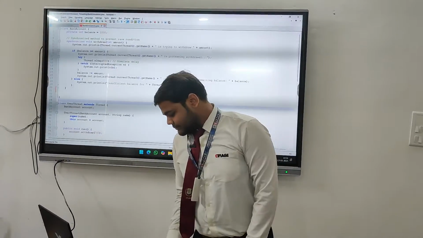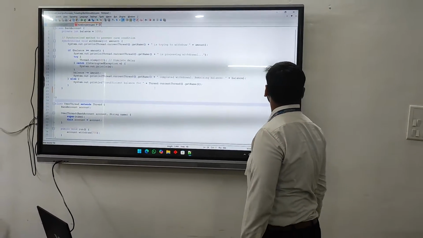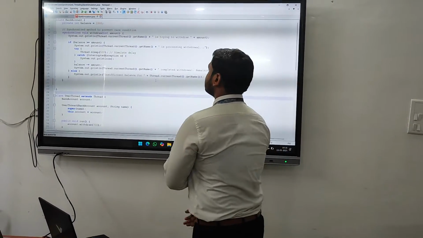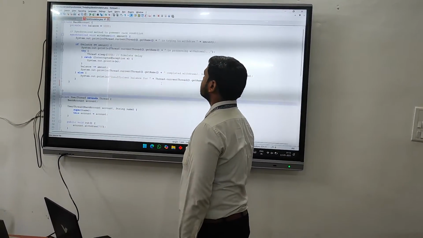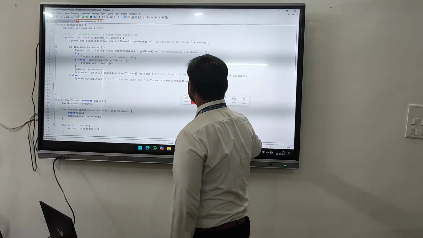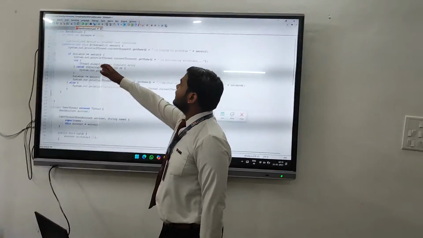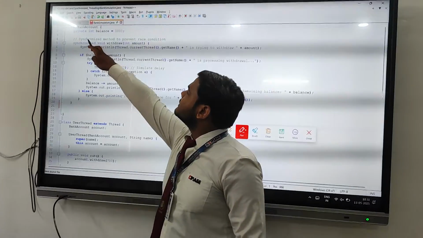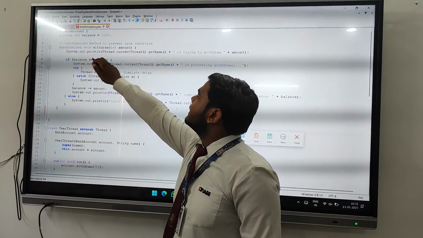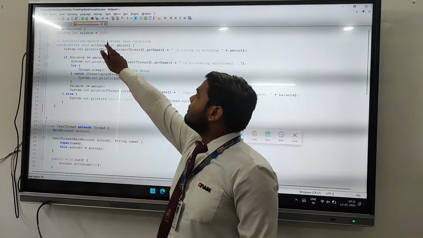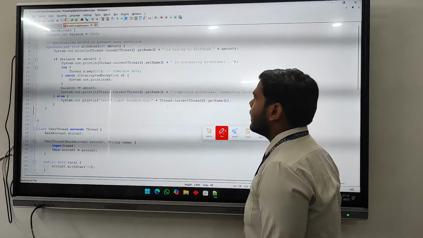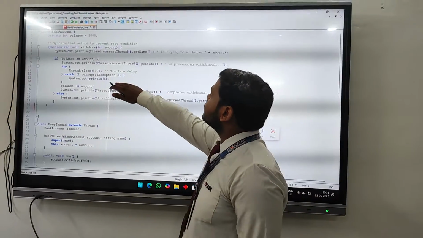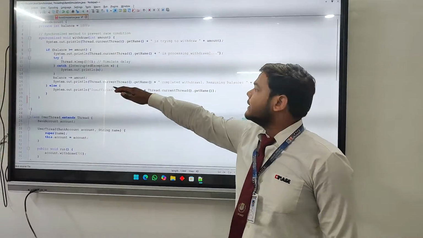This is our code. Here I created a class named BankAccount, and inside this class there is a private variable, balance. In it we have used a synchronized method.